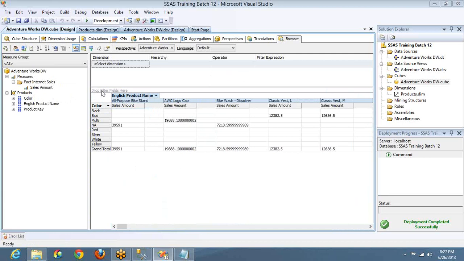Okay. Now I hope you are familiar with the terms dimension and measure group now, and how to create a dimension and measure group. Let me show you how to create dimensions. I'm going to create 5 to 10 dimensions in a short period of time.